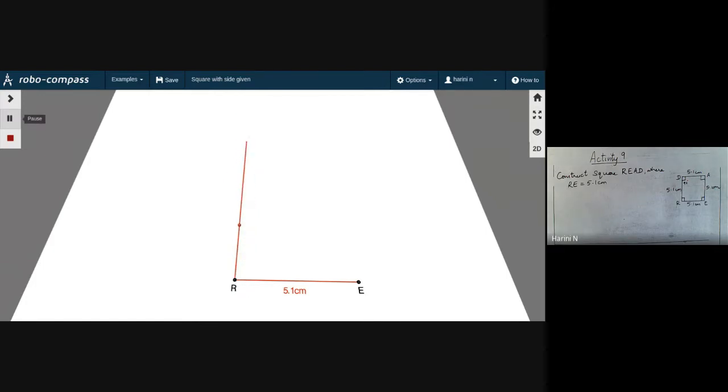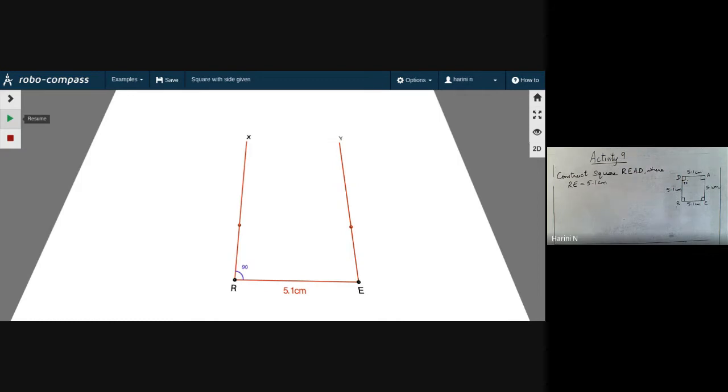If you can do it neatly and you know the exact procedure of constructing a 90 degrees using your compass well, good. Otherwise, take your protractor, mark the 90 degrees. It is shown to you here, the 90 degrees. The same thing you have to do at E also. Mark the 90 degrees and draw the ray as Rx and EY. So these two rays should be ready. I hope you are understanding how to do it.